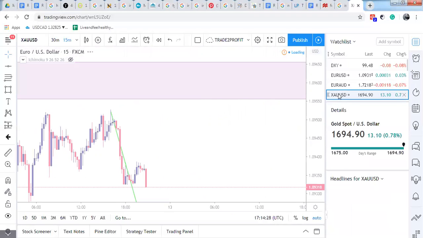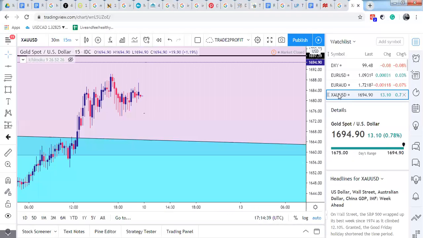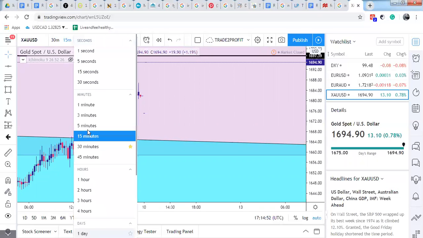So gold also is being pressured. There is very little or no volatility as far as gold is concerned. Gold is one of those instruments that when you take the trade, you have to monitor it so it doesn't go into a lot of drawdown. But gold is giving us a lot of spikes, a lot of wicks, which means that there is not much going on. But on the higher time frame,